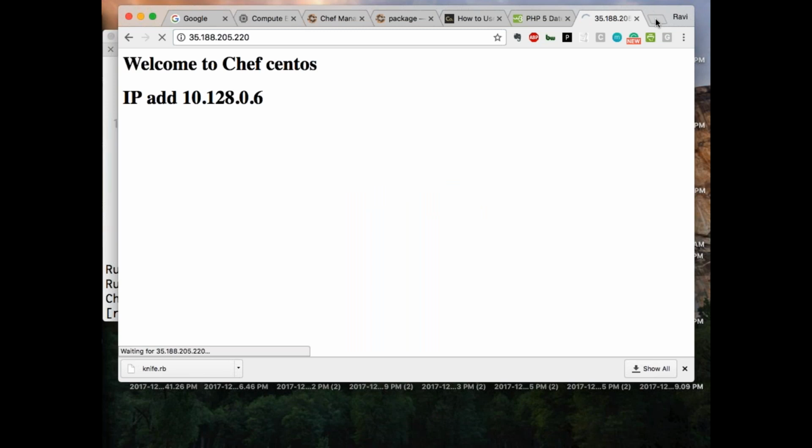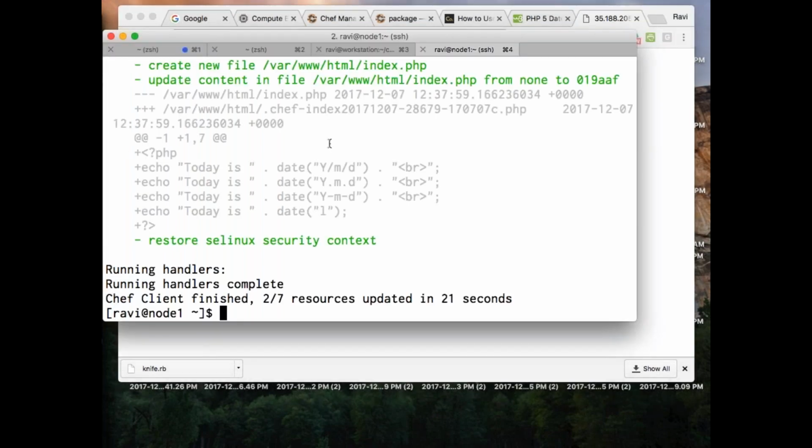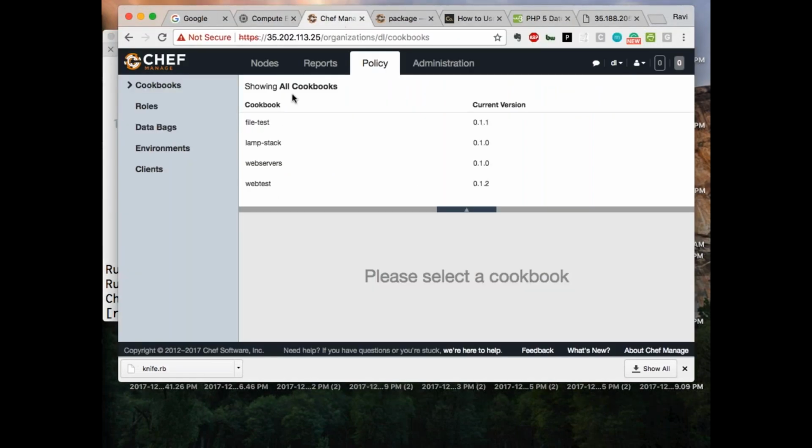Achha, understood. Because now I have given my attributes yesterday, right? Basically, attributes take the first preference because I have given node something, right? So what was the cookbook which we attached? I'm not sure what the cookbook is which we attached there. The web server cookbook, right? So let's directly remove that one.